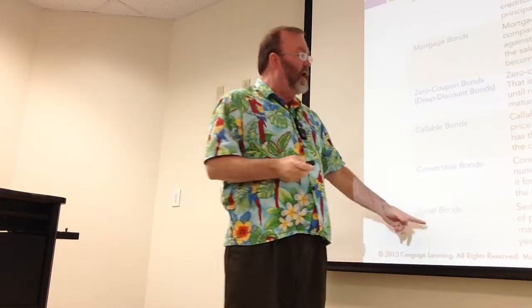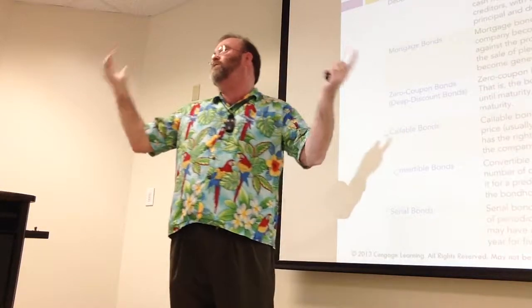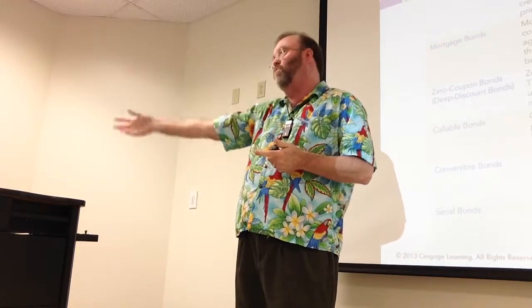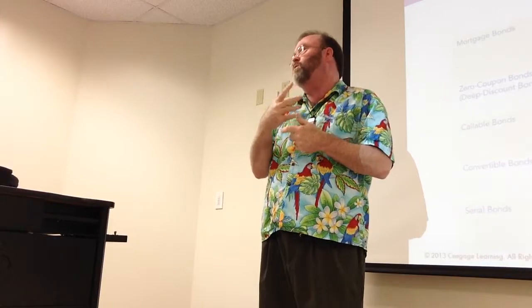And then serial bonds, you also don't see many of these, but it's a single bond issue. We're going to raise $1 million, and we're going to do them in really 4 maturity dates. So we issue $1 million, but $250,000 of it is going to mature in 5 years, another $250,000 matures in 10 years, and another $250,000 in 15, and then the last $250,000. It just helps spread out the cash flow burden to the issuer, so that they can pay it back in installments rather than in one lump sum.